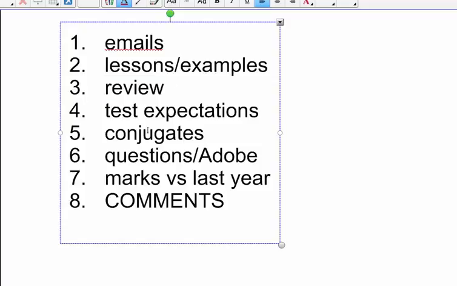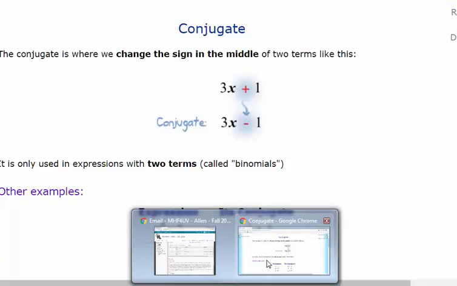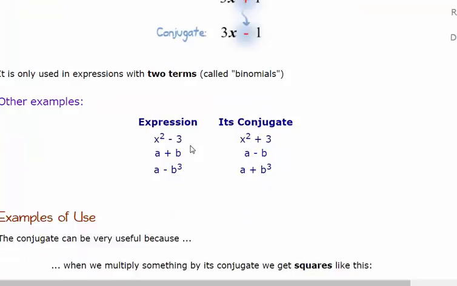So that leads me to the one thing that both students mentioned, specifically conjugates. And I think maybe there's a bit of a misunderstanding of conjugates, and I apologize again. So conjugate, and this is from Math is Fun, the website: a conjugate is anything or any term that looks like the other term with the symbols changed in between. Okay, so it's poorly worded here, but we have 3x plus 1 and 3x minus 1 are conjugates. x squared minus 3 and x squared plus 3 are conjugates.